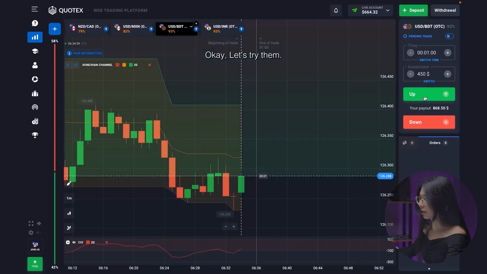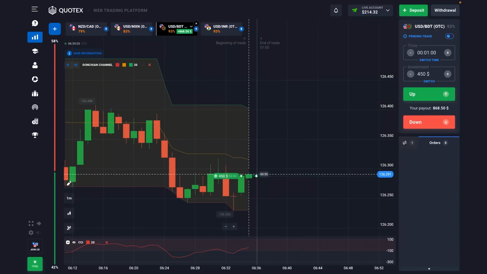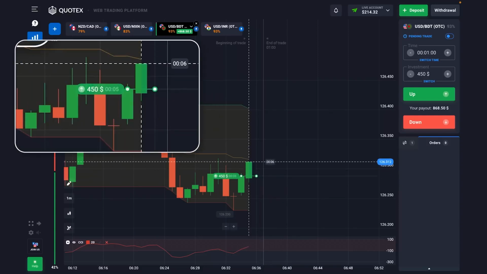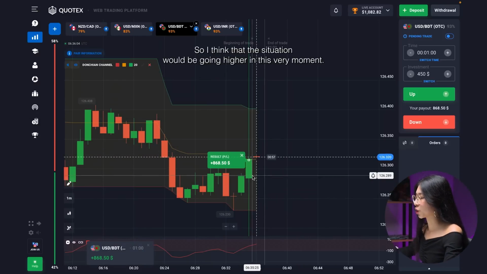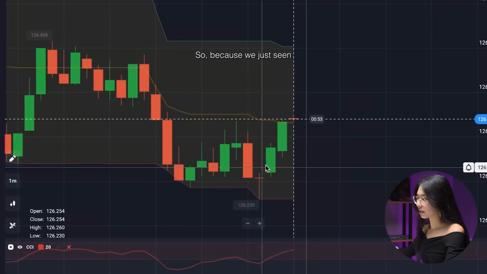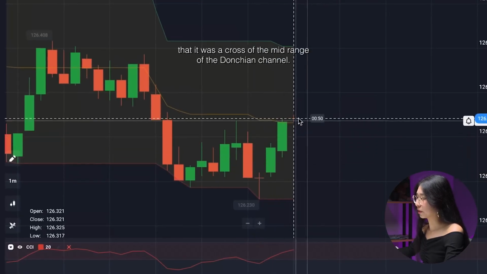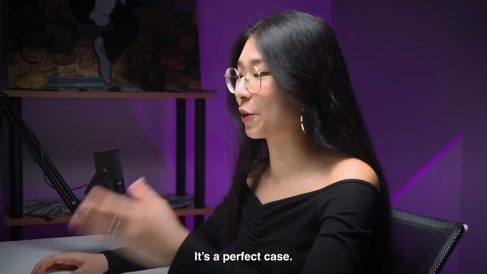Okay, let's try them. So perfect uptrend. I think that the situation will be going higher in this very moment, because we just saw a cross of the mid-range of the Donchian channel. And guys, it's a perfect case.